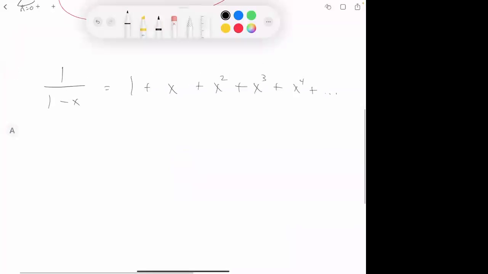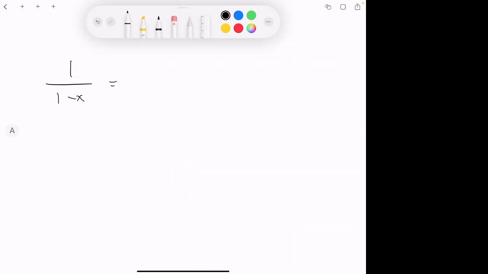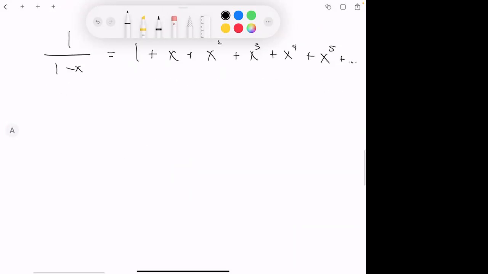Okay, so what we're trying to, actually, let me zoom in a bit more. What we're trying to accomplish here is starting from this fact that this nice expression is equal to this infinite series for any value of x between negative and positive 1. Starting from that, we want to produce the fact that this series